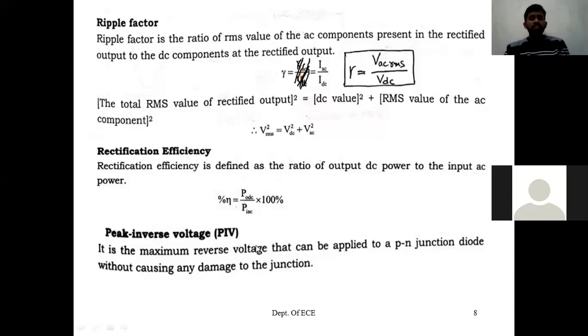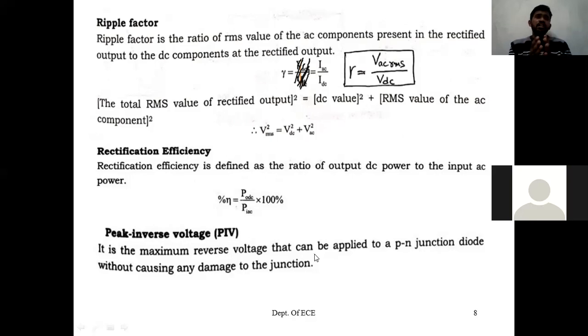And in the same way, peak inverse voltage. Peak inverse voltage is used to select the diode I need for the rectifier. As you know, an ordinary diode cannot be operated in reverse bias beyond the reverse breakdown voltage. If you operate the diode in reverse bias beyond the breakdown voltage, what will happen? Physical damage will happen. So you need to know how much maximum reverse voltage the diode can withstand in reverse bias. So the peak inverse voltage definition is the maximum reverse voltage that the diode can withstand in reverse bias, right?